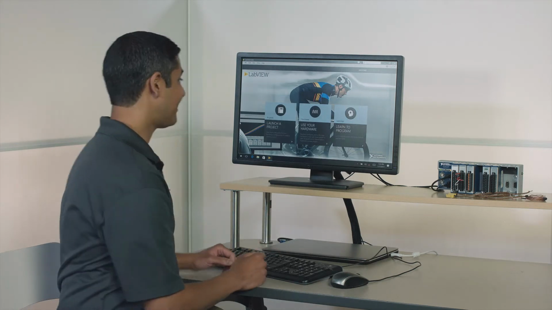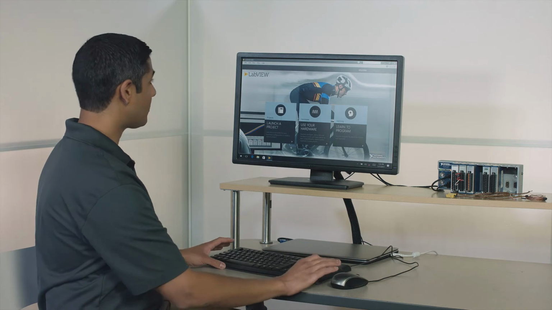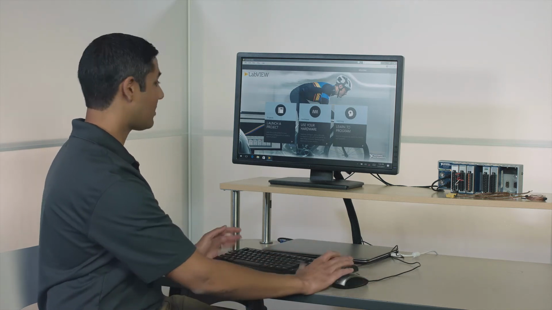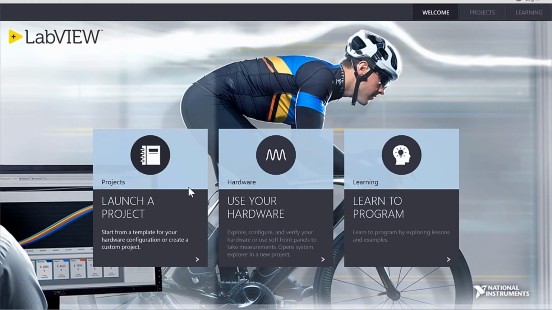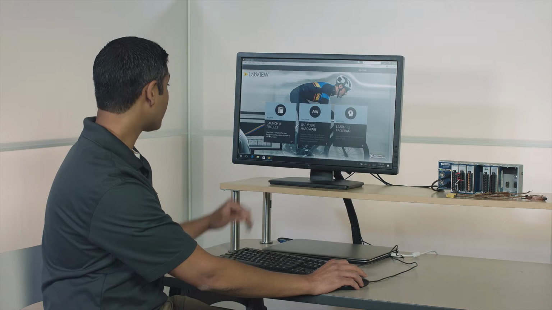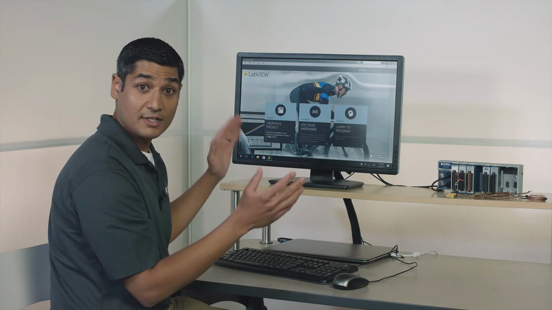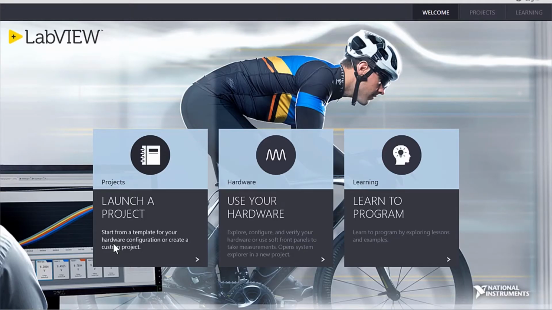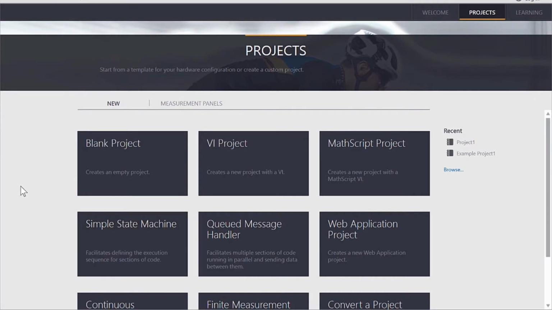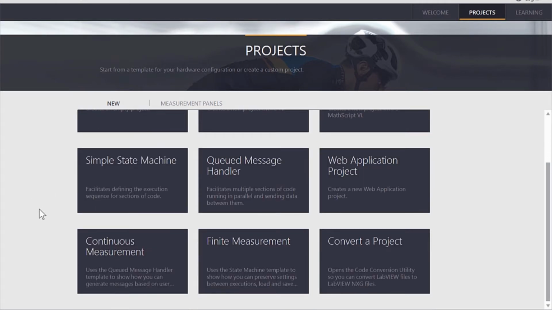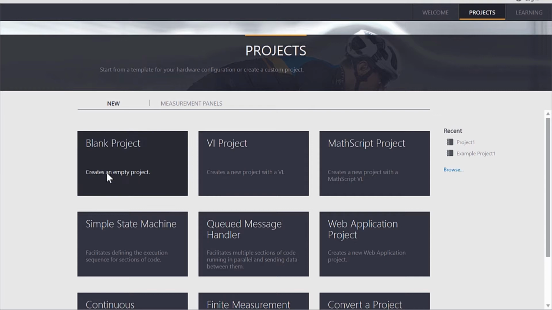virtual instrument. This is the introductory screen, or the splash screen, or the welcome screen from LabVIEW NXG, and you can have the option to launch a project. This is where, in this middle part, you can start using your hardware and configure and test out your I/O channels, or you can even take some self-paced tutorials through learning to program. Today we're going to just jump straight to launching a project, and we're going to see what that looks like. If I click on this option here, I get all the different initial templates that I have available to me. And we're just going to start with a blank project to see what a very basic beginning looks